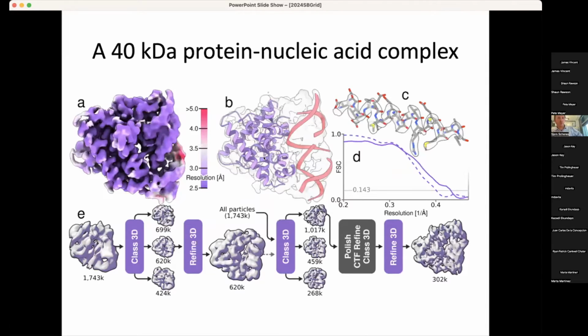Then the last example, this is a 40 kilodalton protein nucleic acid complex. That's how it was called in the original preprint. Now we know it's this ACA2 complex. So it has a bit of nucleotides here, which of course make signal to noise ratio a bit higher than if it were just protein alone. But using either RELION 5 or CryoSPARC, and this work was done by Max Wilkinson, Max was unable to solve this structure at all, and he then sent the data to Dari to try with Blush.